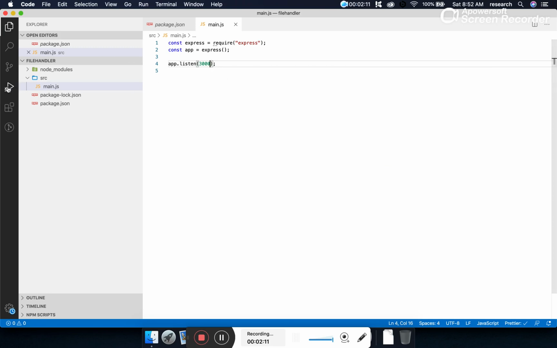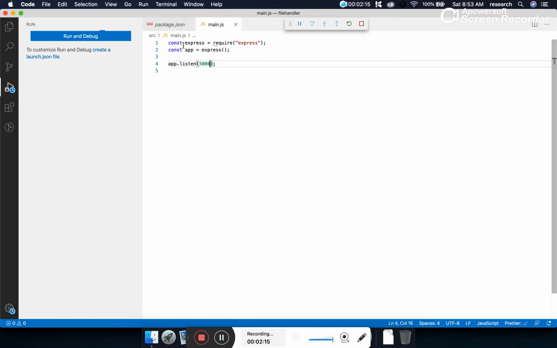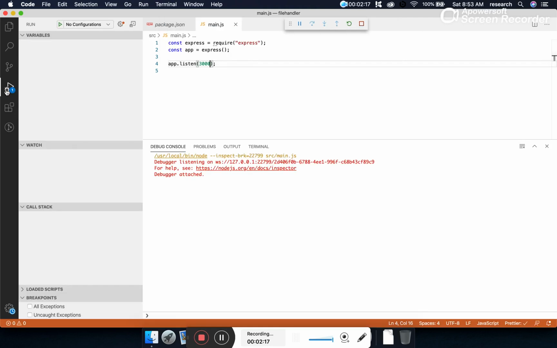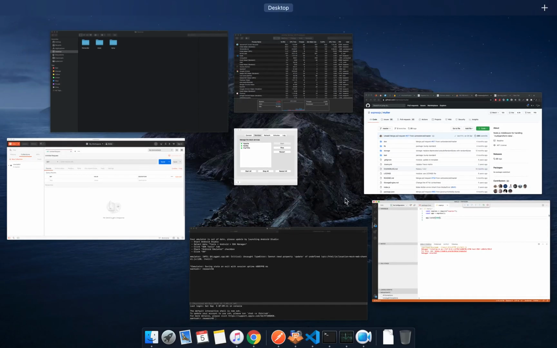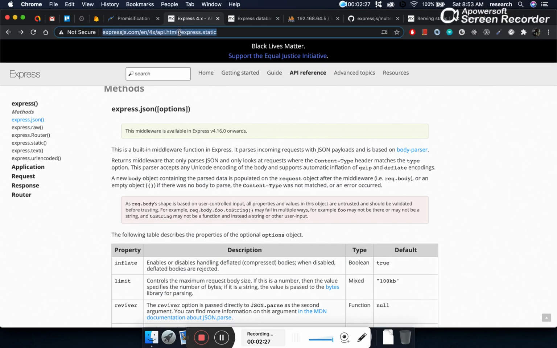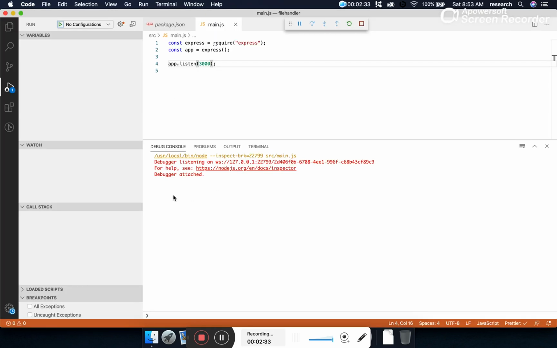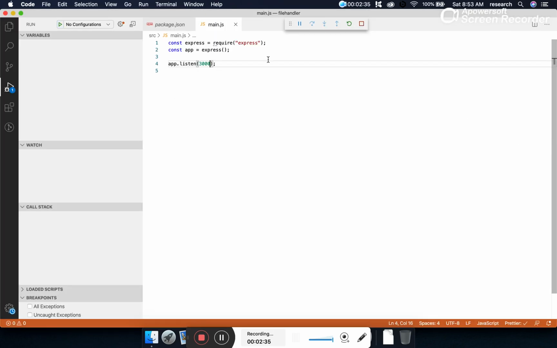Now I will be starting our server on Node.js. I am running the program using the run and debug tab, and now I can go to the browser and test my program here. Localhost, the port number is 3000. You can see this. That means our server has been successfully started.